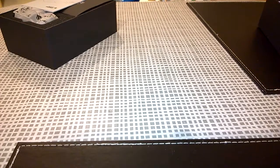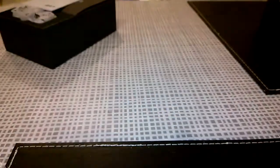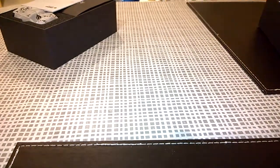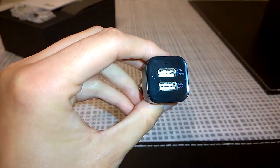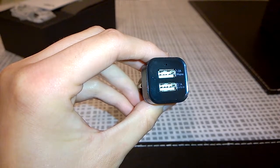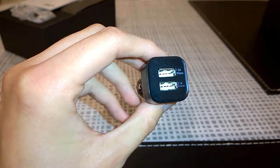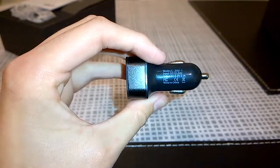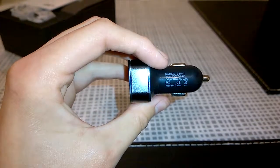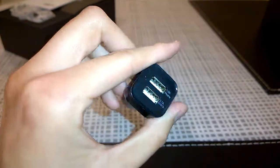I just mentioned quickly, the screws there and adhesive to help mount that rear dash cam sensor. Well, here is the car charger. So it is a dual USB charger there. We do have 2 ports, which is nice to see, a 1 amp for the phone and a 2.1 amp for the dash cam itself. It's pretty standard fare there. It is a bit shorter than the usual 12 volt cigarette lighter sockets there,